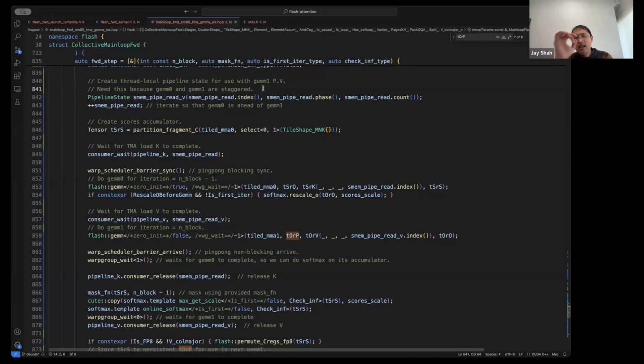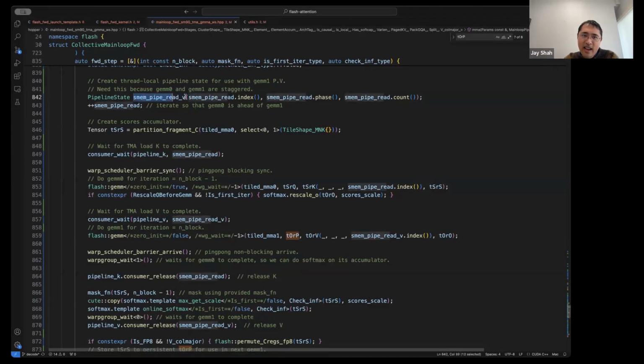So I have to overlap in my asynchronous scheme. As we saw, I have to stagger the gems. I haven't talked yet about pipelining really, but suffice it to say that this pipeline state class is a thread-wise object that knows about which phase and which stage of the pipeline I'm in.